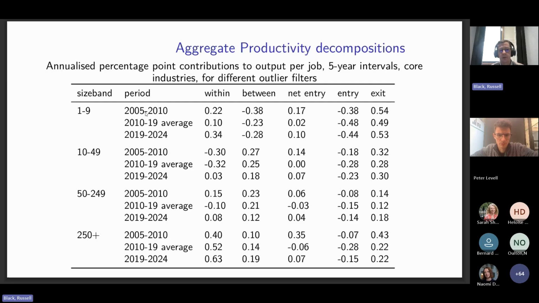I say the entry cohort is anyone who's started in 2005 up to 2010. So the entry cohort is anyone who started in 2005, 6, 7, 8, or 9 at the point in 2010, and same for the others. So it's on average the entrants have about 2.5 years to grow before they get counted in this entry component. So this is 2.5-year-old companies used to be more productive than they are now.